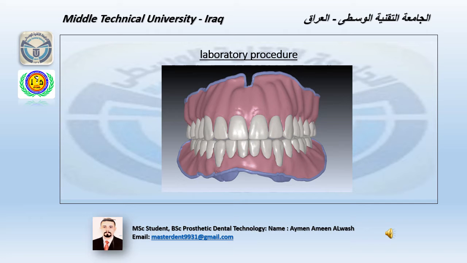After recorded maxillary mandibular relationship, this relation sent to the laboratory. The laboratory procedure starting from scanning of maxillary mandibular relationship AMD, and then this scanning transferred to the software of this system and modify this design of the denture if needed. Then arrangement of the teeth